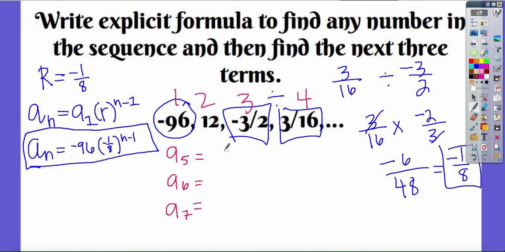So if I was trying to find a sub 5, it would be -96 times -1/8 to the 5 minus 1 power. So that would have to be -1/8 to the 4th power first. So if I did -1/8 to the 4th power, that would be a decimal, a pretty long one, 0.0002441406, and then I multiply that by -96, and that leaves me with